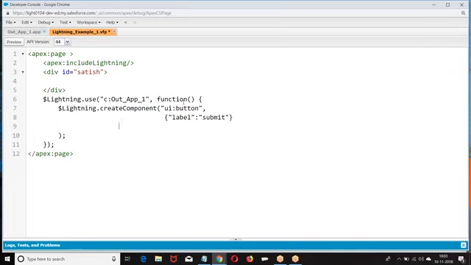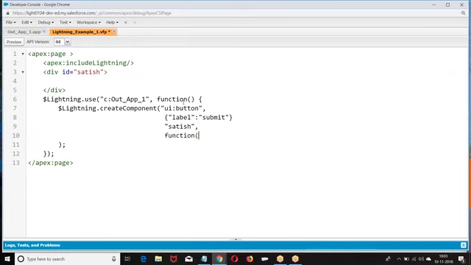Third one, once you create this component, where do you want to display it? I want to display this component in the element whose ID is Satish.